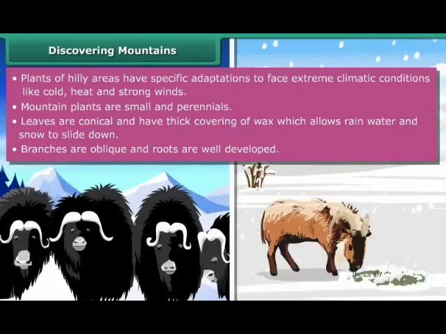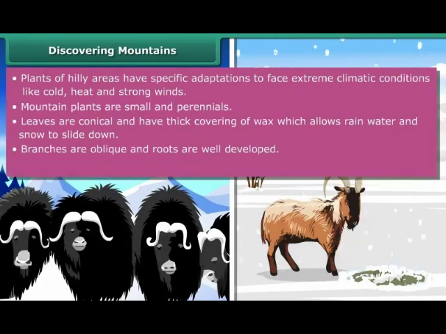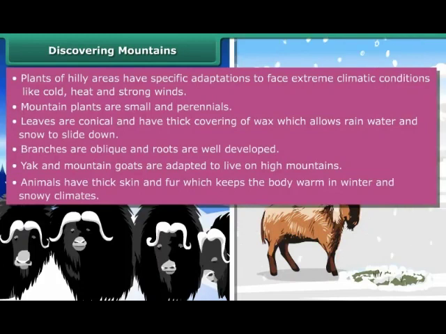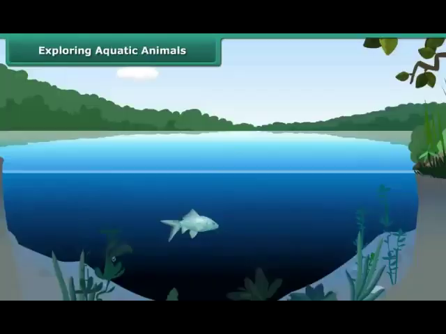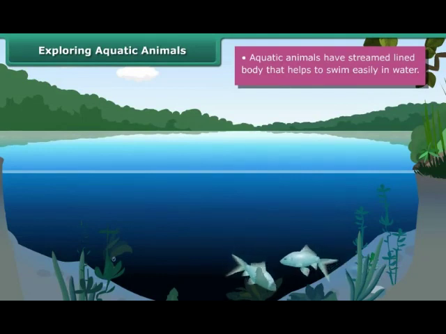Animals living in mountain regions also show diverse adaptations to survive and live in cold surroundings. For example, yak and mountain goats are adapted to live on high mountains. Animals have thick skin and fur, which keeps the body warm in winter and snowy climates. Aquatic animals have special features and adaptations that help them to survive and live in aquatic